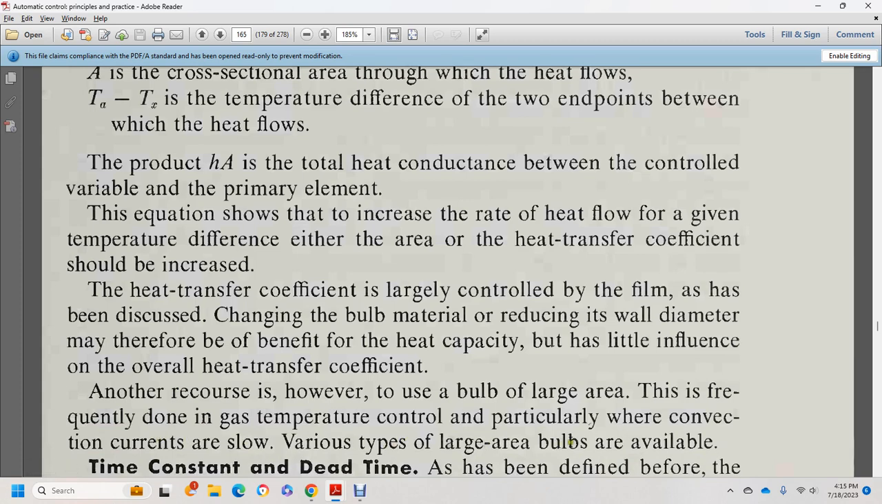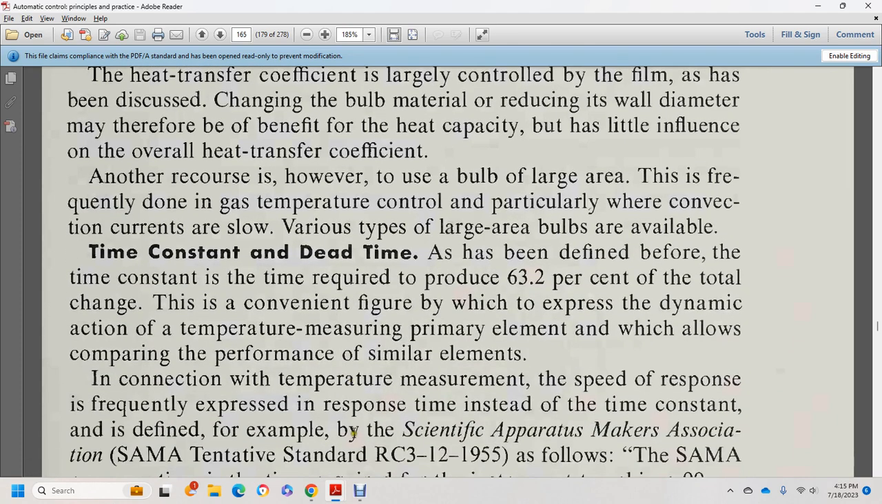First step with the large air bubble that are available, the time constant with the dead time has been defined as the time required to produce 63.2% of the total change. The conventional figure which expresses the dynamic response of the temperature and pressure for the main primary element allows comparing the performance of similar elements connected with the temperature measuring. The speed